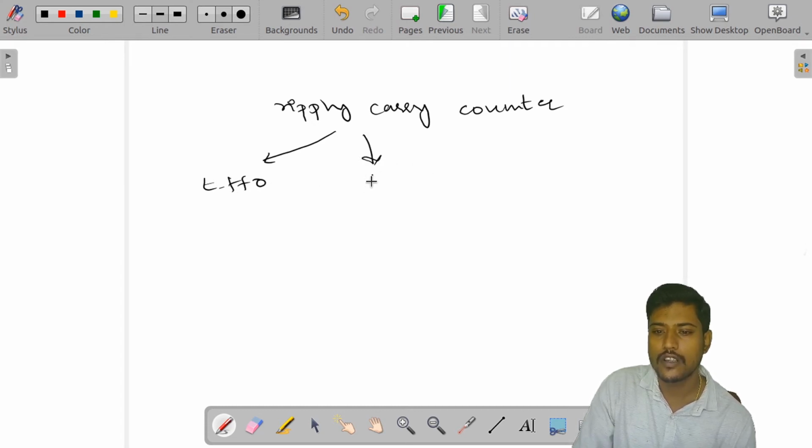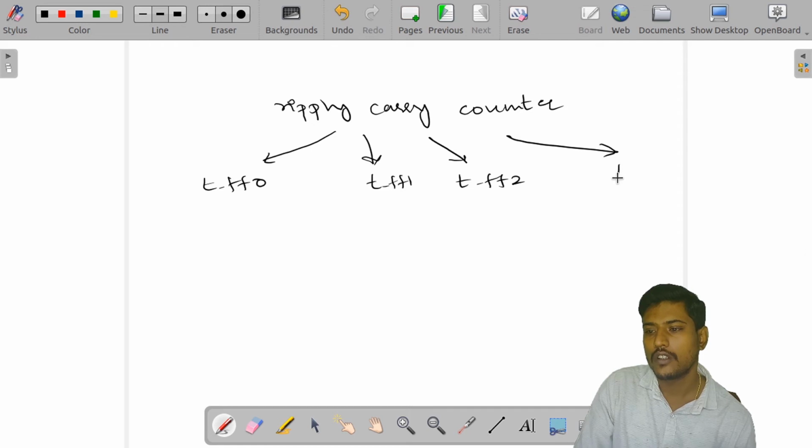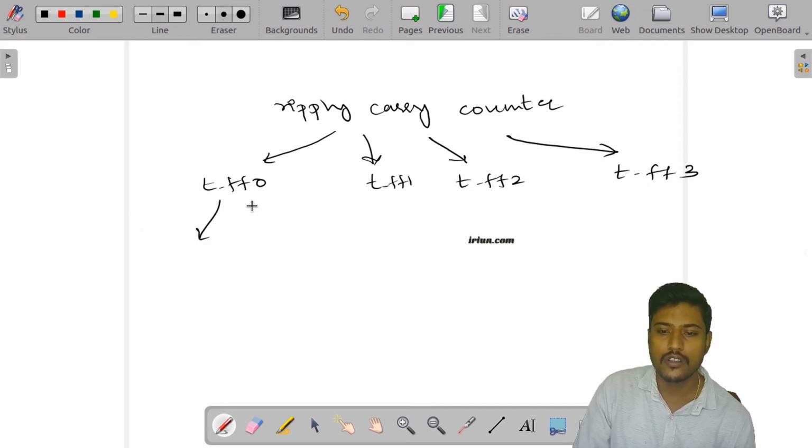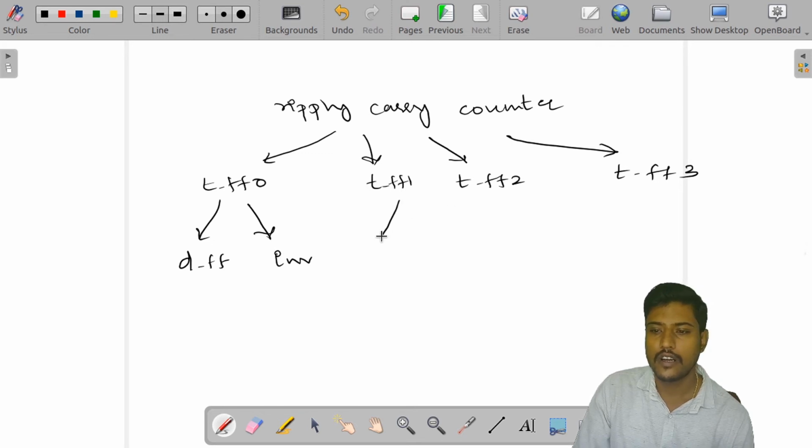I will call them T_FF1, T_FF2, and T_FF3. Each was made up of a D flip flop and an inverter, and again the same D flop and inverter, D flop and inverter, D flop and inverter.